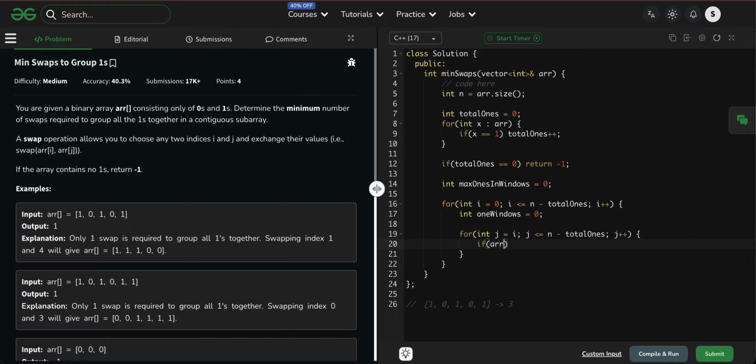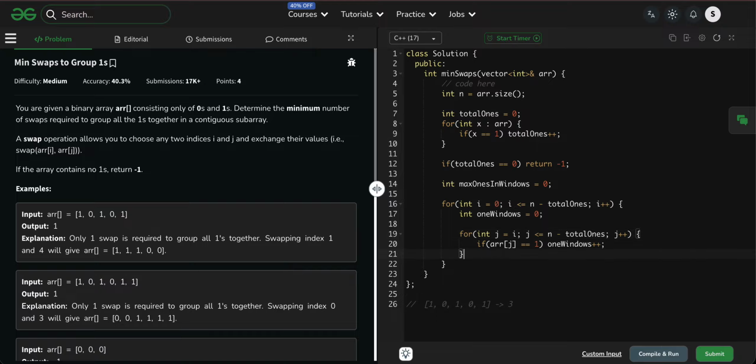If array of j is equal to one, then one window plus plus, correct?